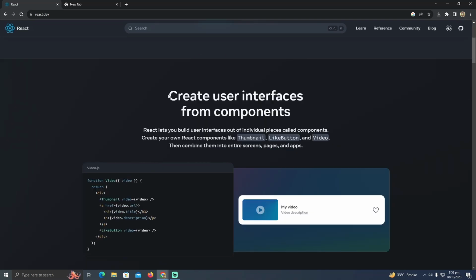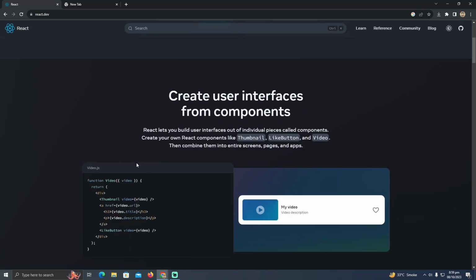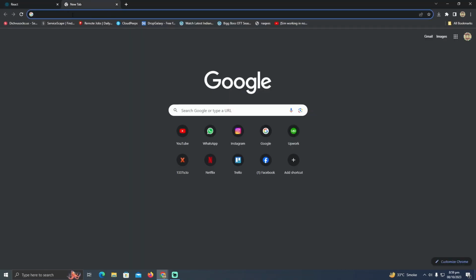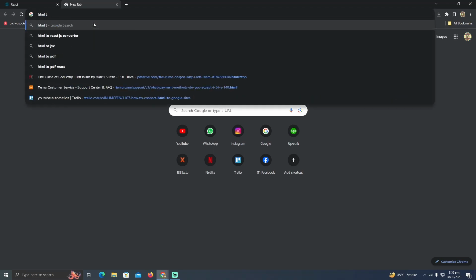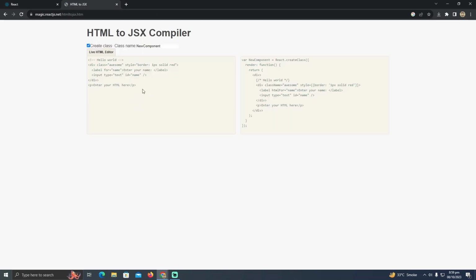The HTML or CSS in React.js is a bit different from normal HTML, CSS. So how can you actually embed it? For that, you just have to open up a new website and type in HTML to React. As you can see, you just have to go to this website, which is reactjs.net. And here you need to paste your HTML, CSS code, and it will generate the